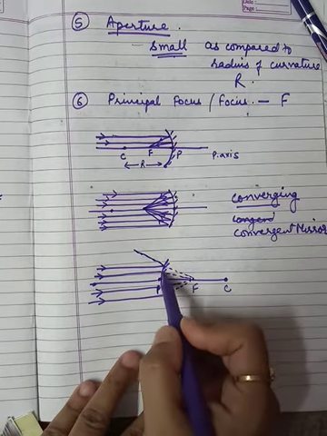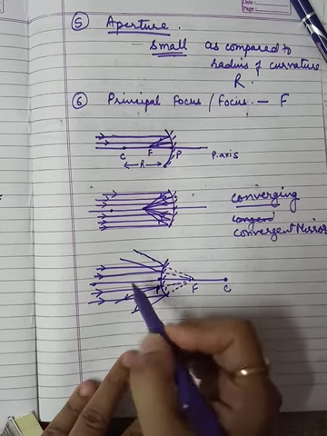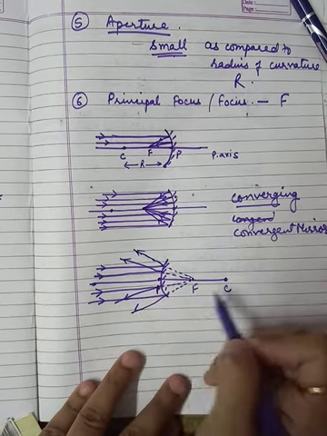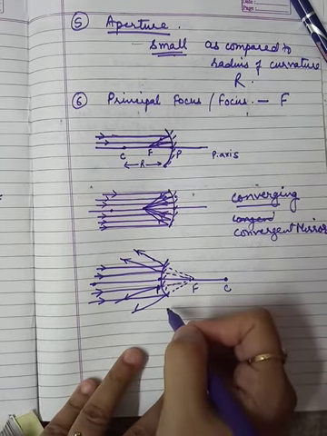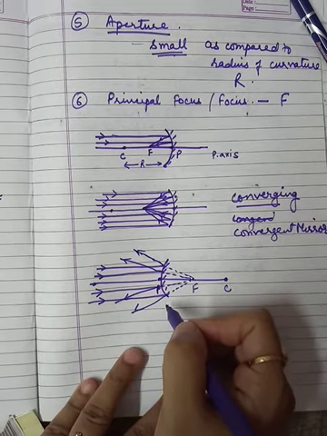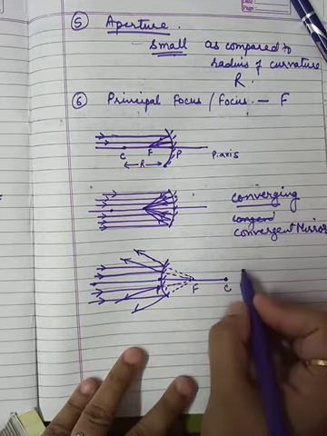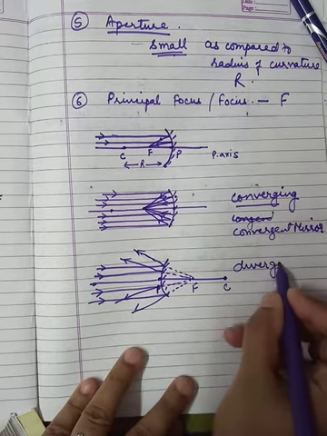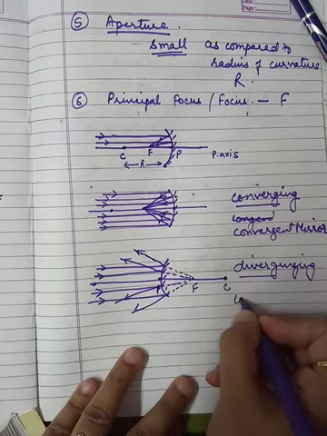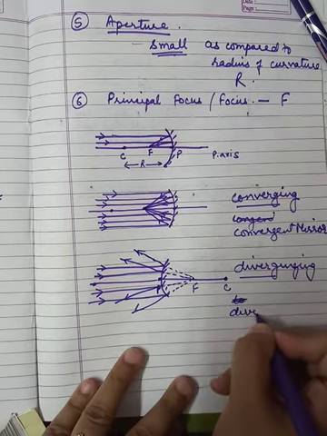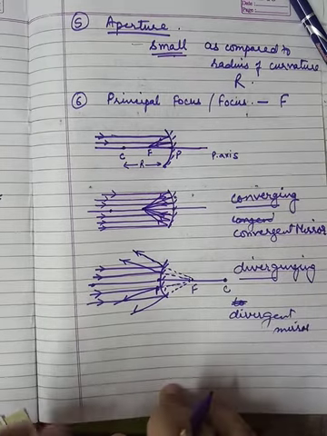These rules we will study in this chapter only. So this is how the reflection takes place in the case of a convex mirror. For a convex mirror, the style of reflection will be different. These are not converging light rays, they are diverging. So diverging light rays, that is why it is also known as a divergent mirror.